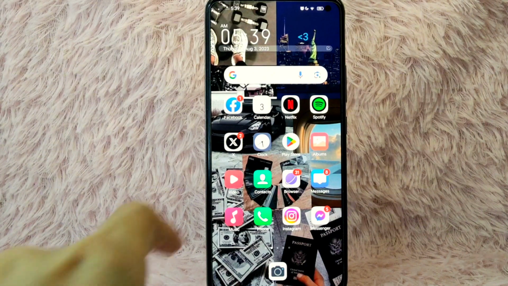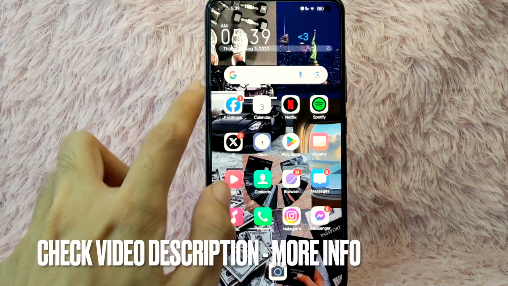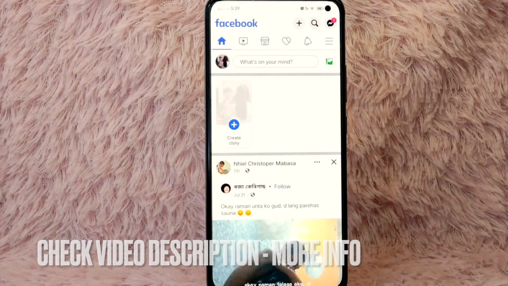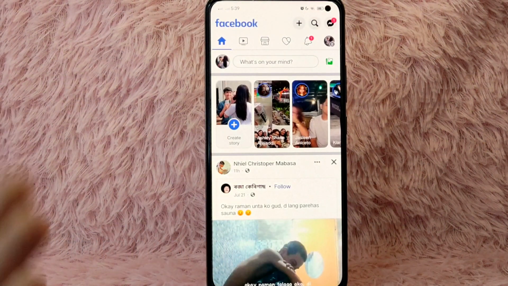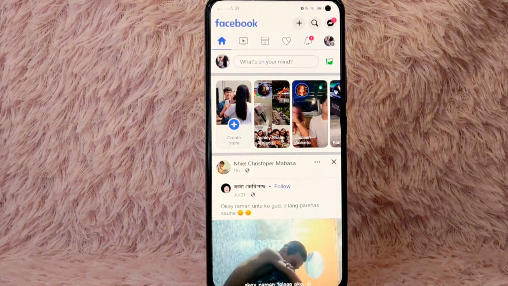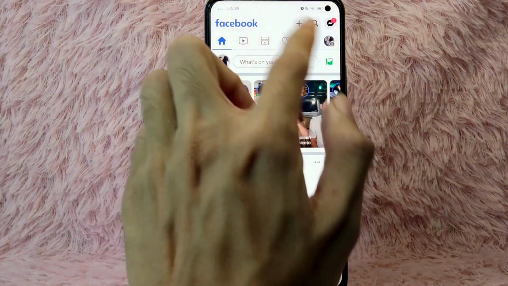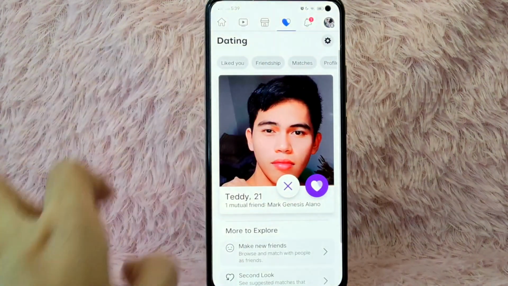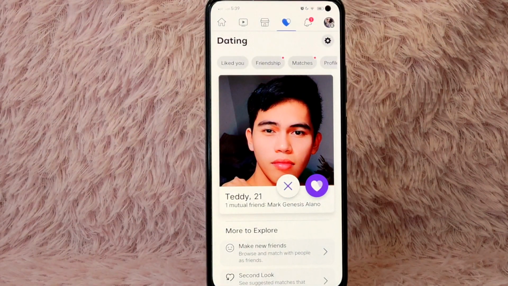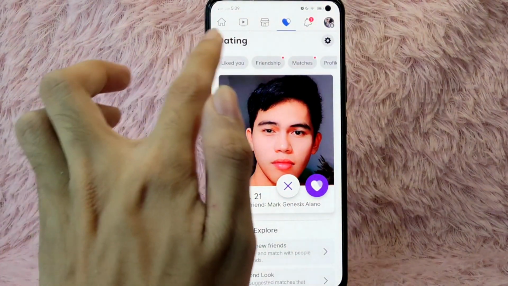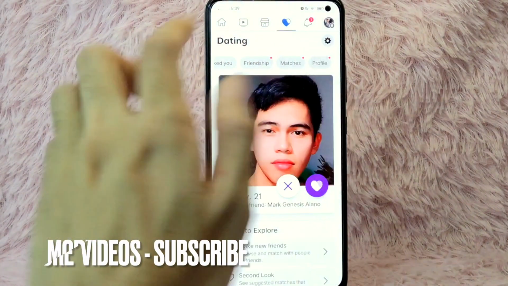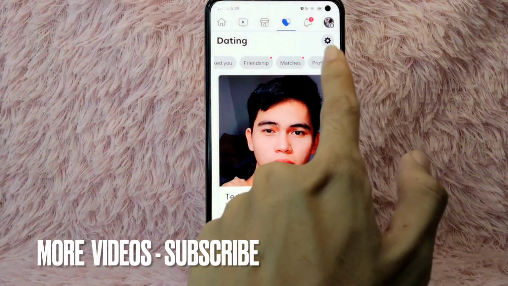First, you need to open your Facebook application and log in with your Facebook account. Once you open it, you'll be directed to the Facebook homepage. And then from here, select this heart button. And now you are in Facebook Dating. In here, you will see Likes You, Friendship, Matches, and then Profile. Tap on this Profile